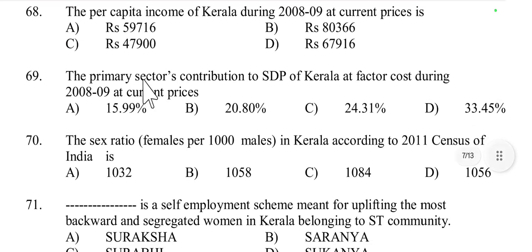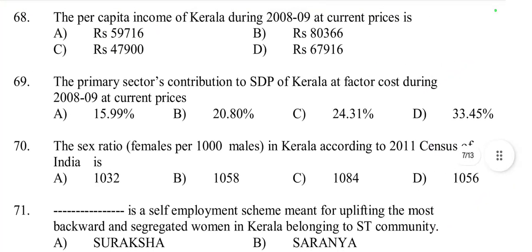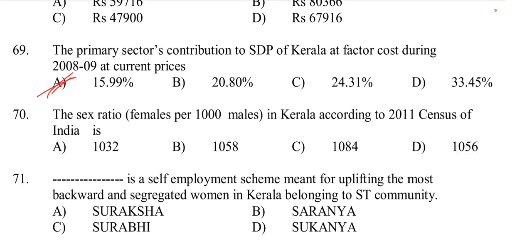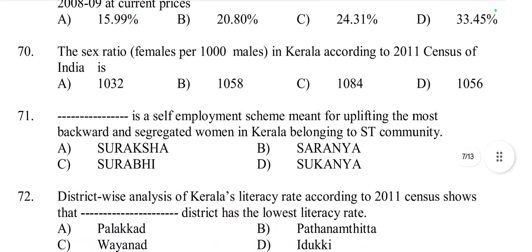And 69, the primary sector contribution of state domestic product to Kerala at factor cost during 2008-9 current price was 15.99. And question number 70, the sex ratio, females per 1000 males, in Kerala according to the 2011 census in India,